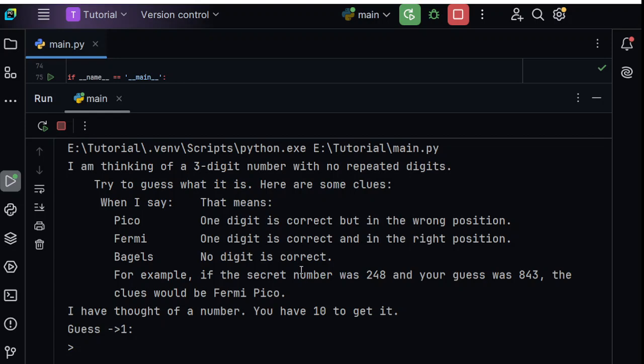Bagels, no digit is correct. For example, 241, and you wrote 248, and you wrote 843. Okay, your clue will be Fermi and Pico. Fermi now because I have 4 in the correct position, or 8 Pico because it is not in the correct